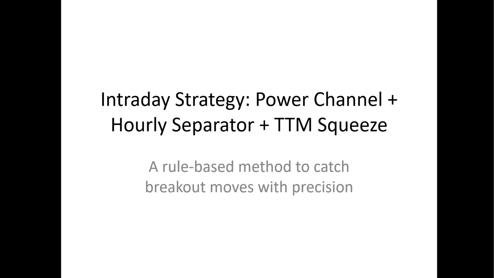And also by observing the TTM squeeze, I have already made a video about the volatility vortex strategy. That combines Bollinger Band with the Keltner channel. When the Bollinger Band contracts within the Keltner channel, price contraction happens. So this indicator is coded for that and it shows you where the squeeze is happening.